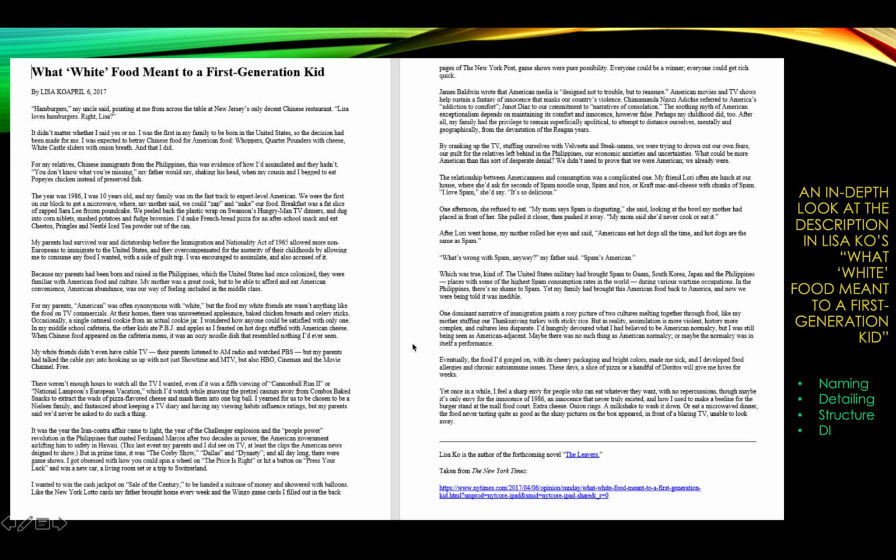"One dominant narrative of immigration paints a rosy picture of 2 cultures melting together through food. Like my mother stuffing our Thanksgiving turkey with sticky rice." What a great description. That totally illustrates this melting together of cultures, right?